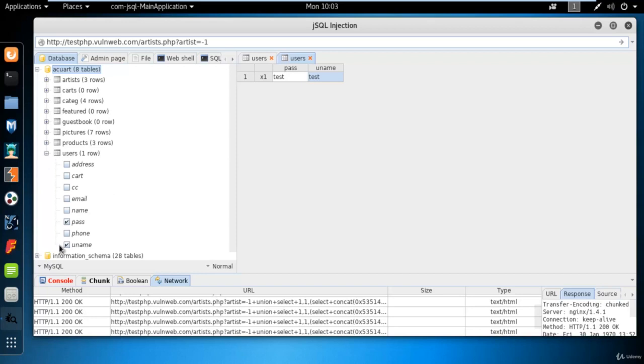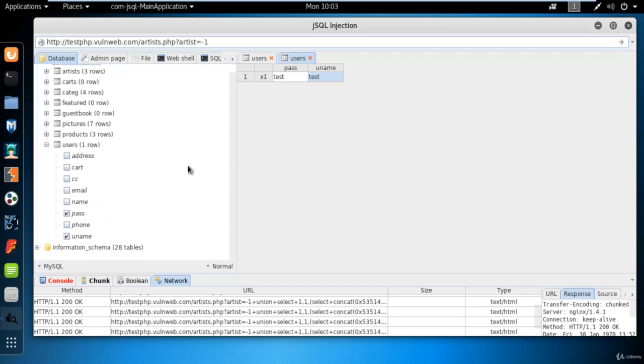So I will tick on that. These all are the columns inside this users table. So I will find out which columns are useful for me. Actually all are important, but I think uname, pass and email are more important than any other. So you can right click here, click on load, and you will find those columns right here. You can click on name as well, right click on load, and you will find name as well.